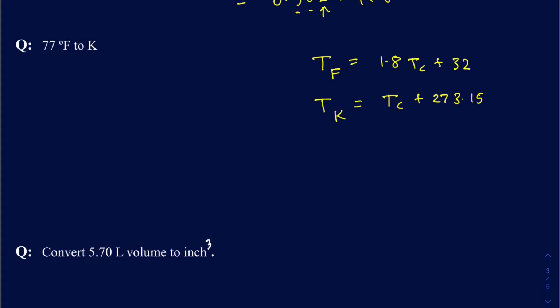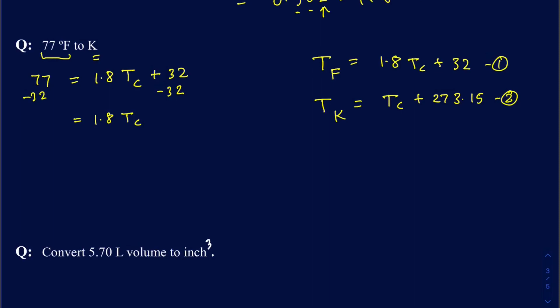First of all, we are given the Fahrenheit scale and we're trying to calculate the Kelvin scale. So maybe you can use the first equation to calculate the temperature in Celsius, and then use the second equation to find the temperature in the Kelvin scale. So let me go ahead and use the first equation. 77 equals 1.8 times the temperature in Celsius plus 32. Okay, so you can subtract 32 on both sides, and that gives you 1.8 times the temperature in Celsius, and we have 77